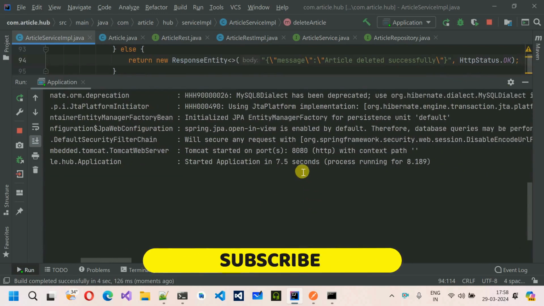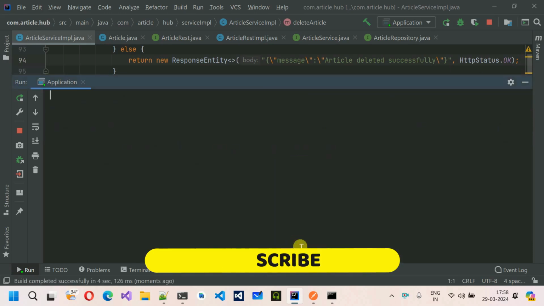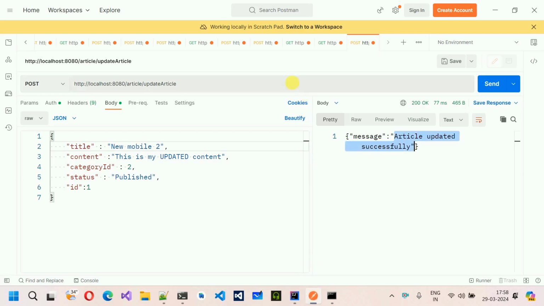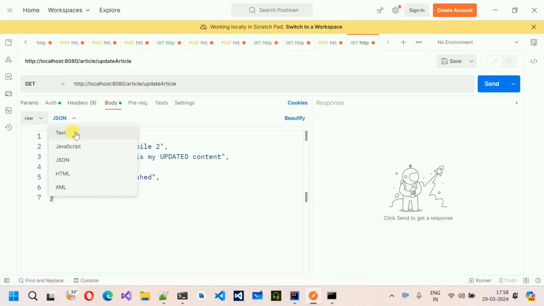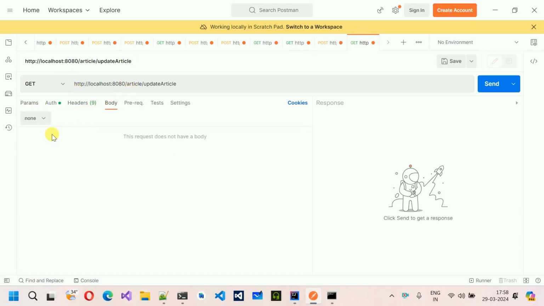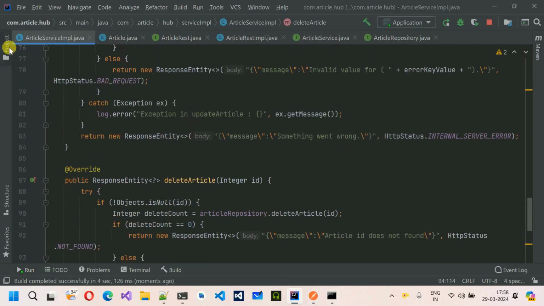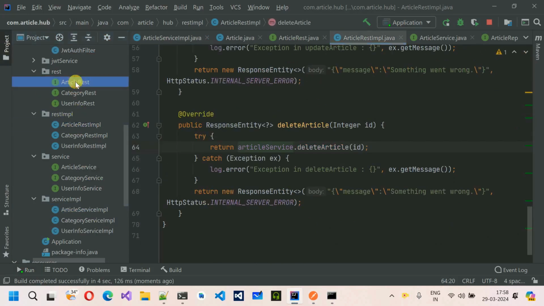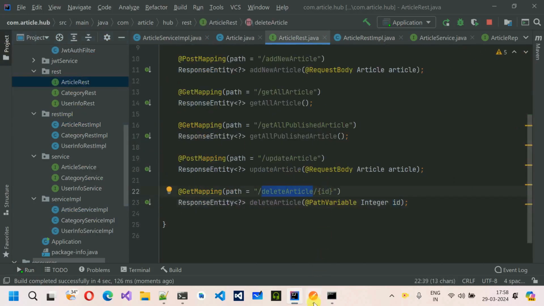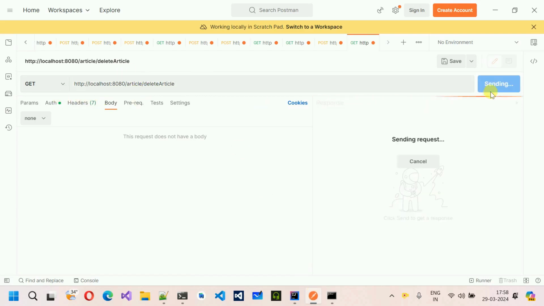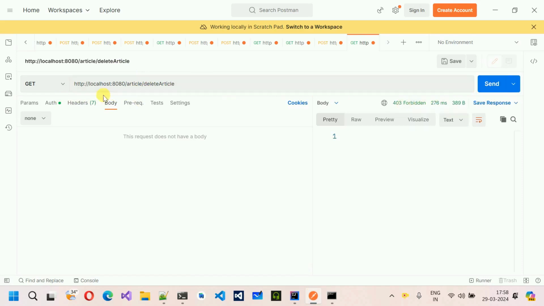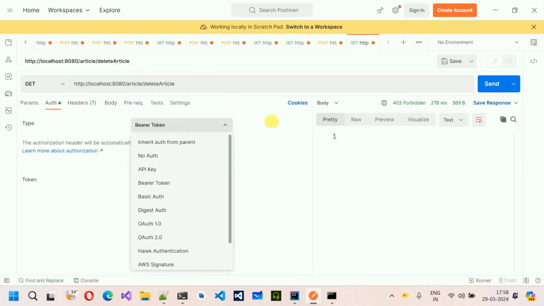So now our application is up on port 8080. So let me quickly clear the console, move back to the Postman, duplicate the tab, and this time it's a GET API. So change this one to GET. Body is not required. So change this one to none, and let's quickly copy the name of that particular API. So move back to the project, ArticleRest, and over here we have deleteArticle. So move back over here, change this one to deleteArticle, and try to send it now. So here you can see this one is forbidden. So go over here, bearer token is here,